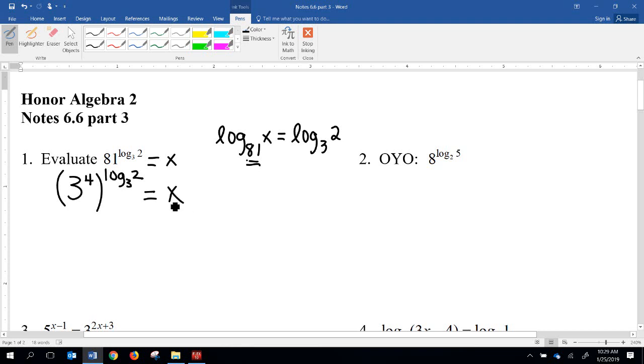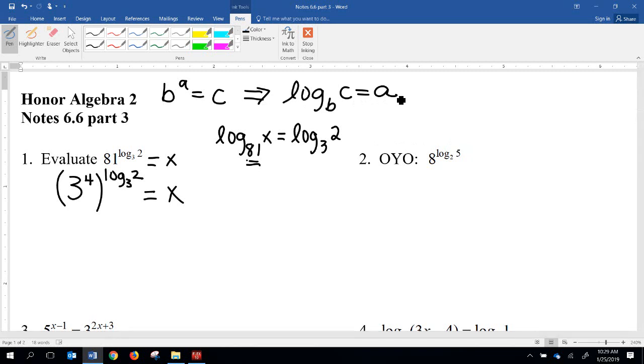All right? Remember our pattern, that if we have b to the a equals c, it's the same thing as log base b of c equals a. We keep using that rule over and over. So here's b, right here is b, right here is a, and right here is c. And I want to rewrite it as a log. So I'm going to do log,